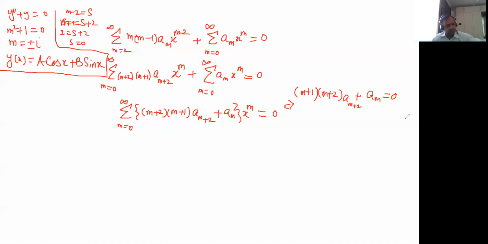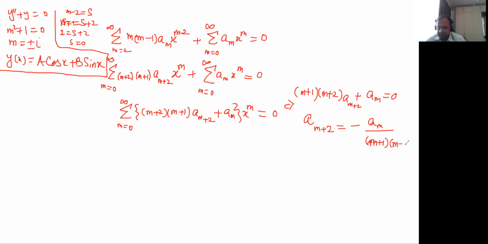Okay, so by doing this, I get a relationship, an equation which is called the recursive equation. Recursive relationship. So a m plus 2 equals minus a m over m plus 1